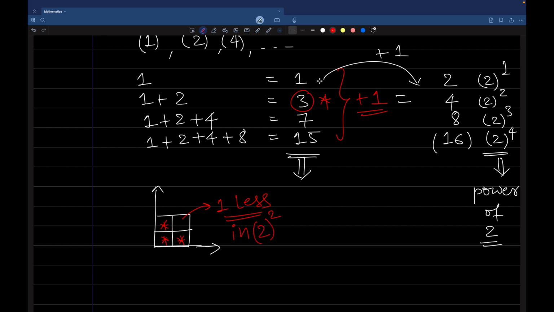If we see for 7, this is for 3. If we see for 7, this will be in 3 direction, x, y and z. This is in 2 direction x and y. This is in 3 direction x, y and z. If we see for 7, what we get is